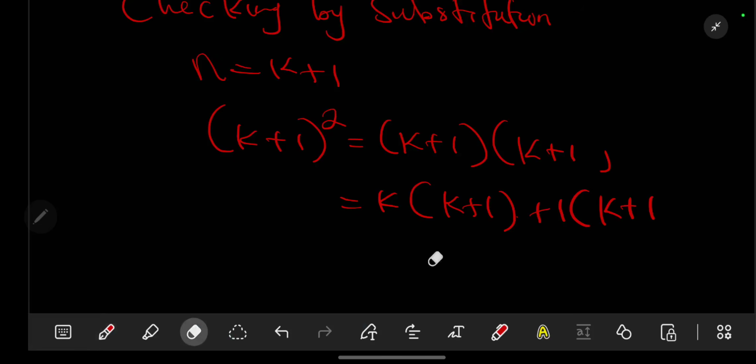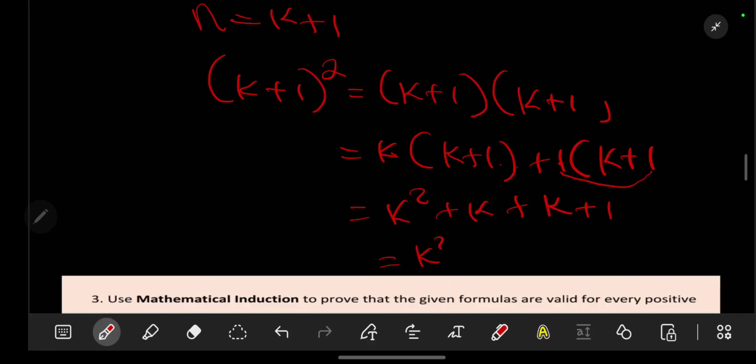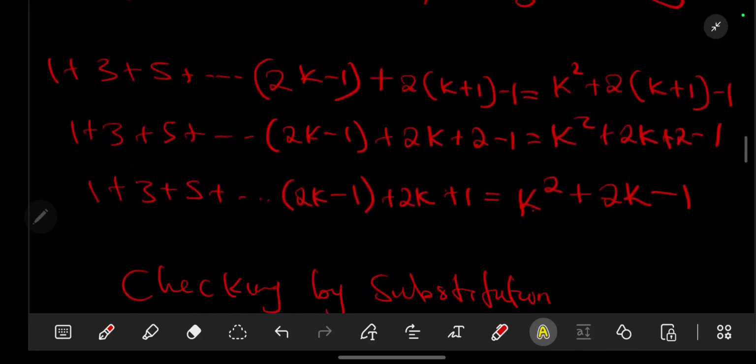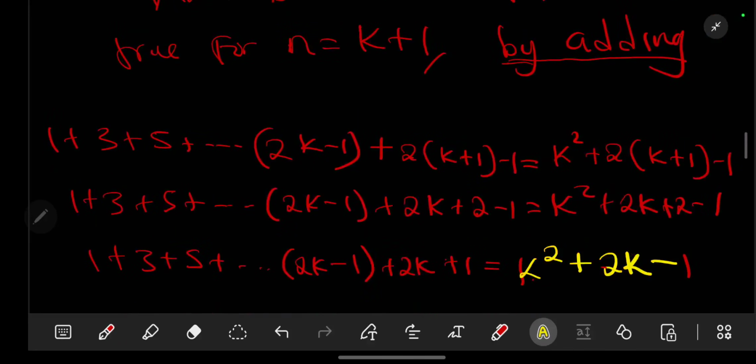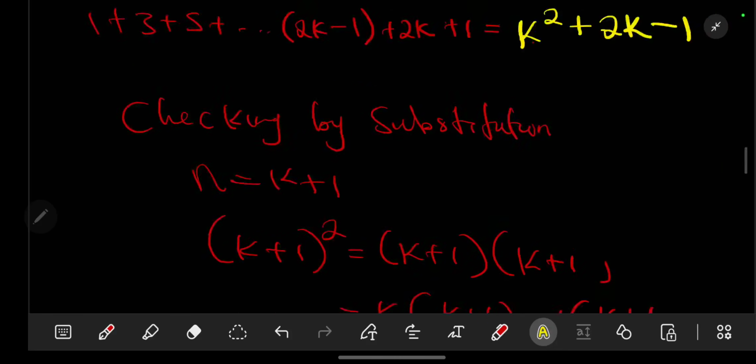This is going to give us k by k, it will be k squared. K by 1, it will be k, plus 1 by k, it will be k. This 1 multiplying 1, it will be 1. So that we have k squared plus our 2k, then we have plus 1 like that. So this is what we have. So as you can see, this is the same as what we have here by adding. So that means to say that